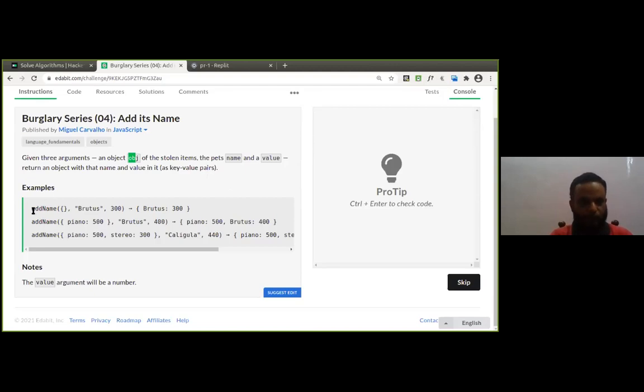So what is the problem here? Everyone understood? You have to write a function addName. You are given an object, in this case an empty object as the first parameter, then a name and its value. What we have to do is add the name as a key, along with the value.